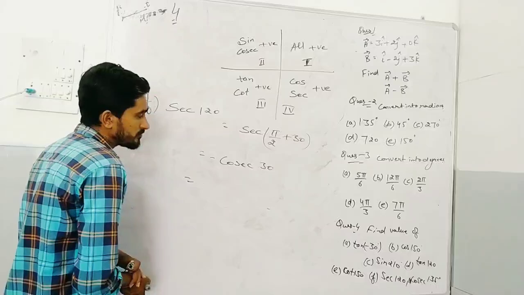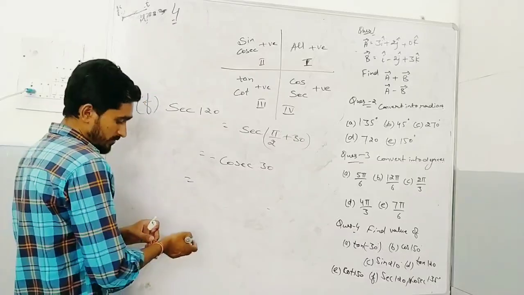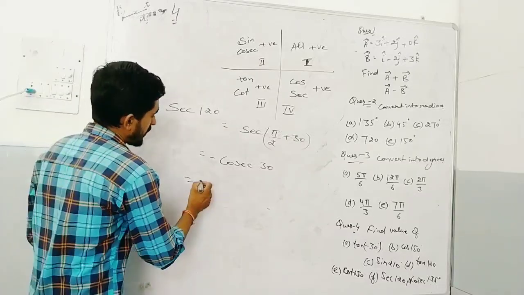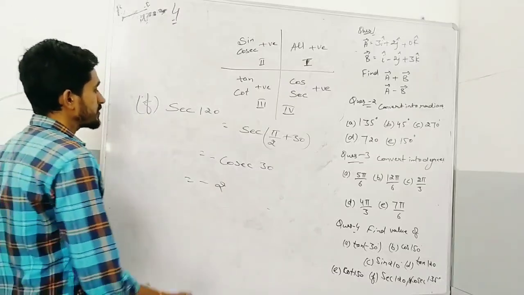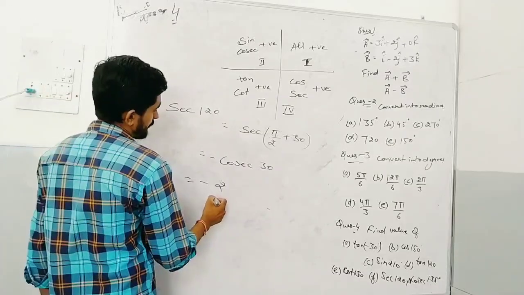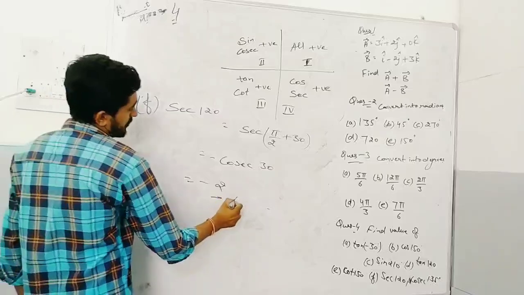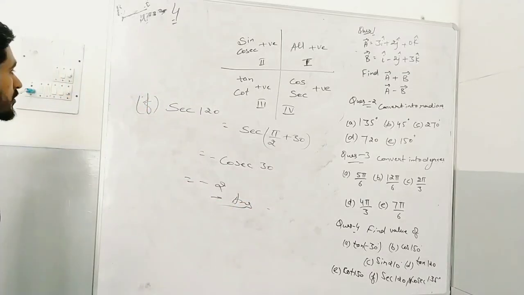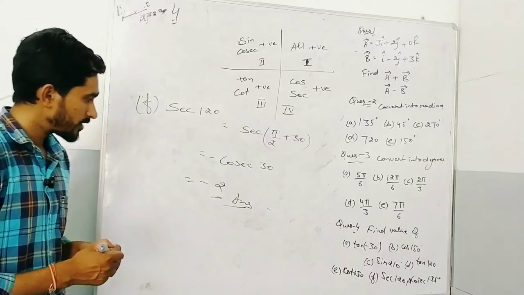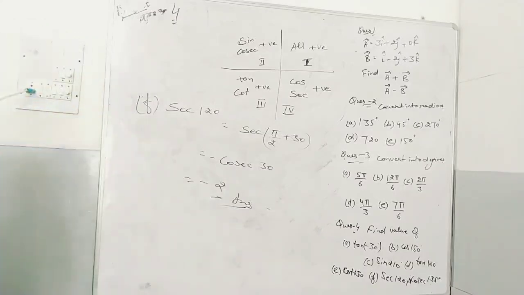Cosecant 30 is sin 30, which gives me 1 by 2. This is 2, and minus 2 is the value. Minus 2 is the value for secant 120. This is my answer for F part. And for G part, the last part,